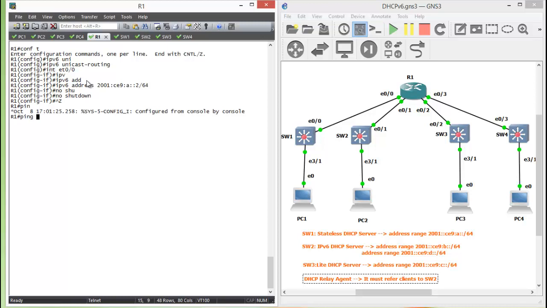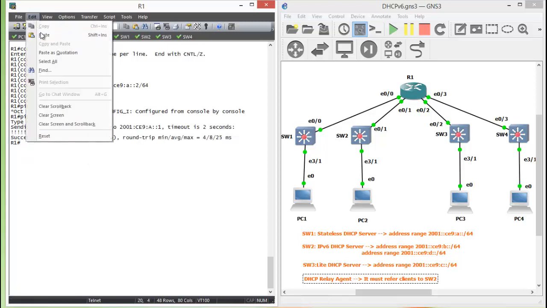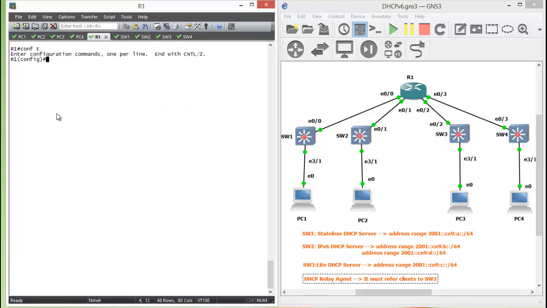Now it must ping 2001:CE9:A::1, and they're connected. Now I go to interface Ethernet 0/1 and assign IPv6 address 2001:CE9, and for this network it's B and ::2/64, and no shutdown, and ping 2001